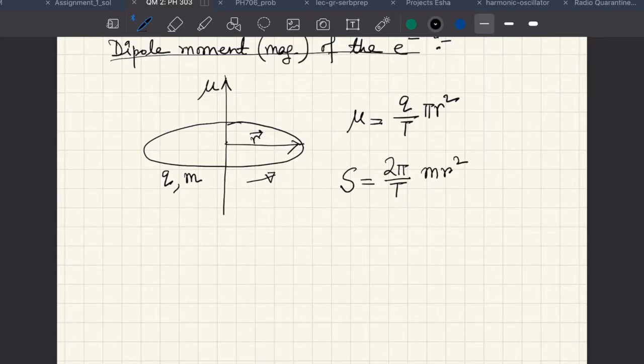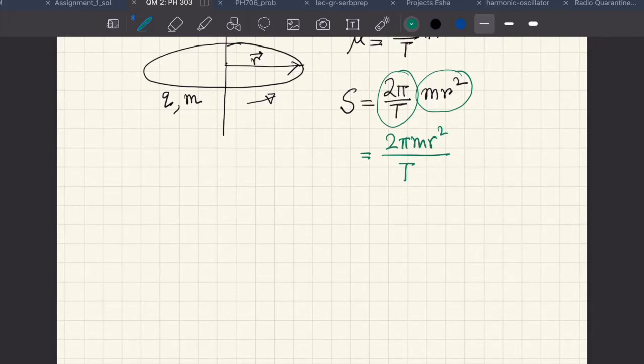M r square, remember, is the moment of inertia, and angular velocity is of course given by 2 pi by T. So together this S is going to give you the angular momentum. So this is 2 pi m r square by T,